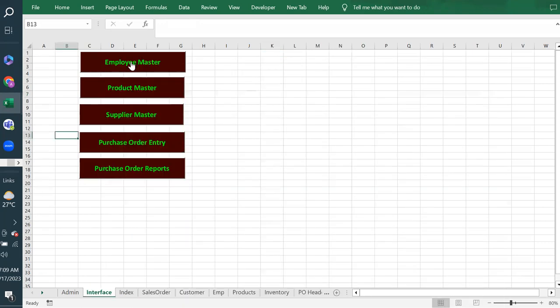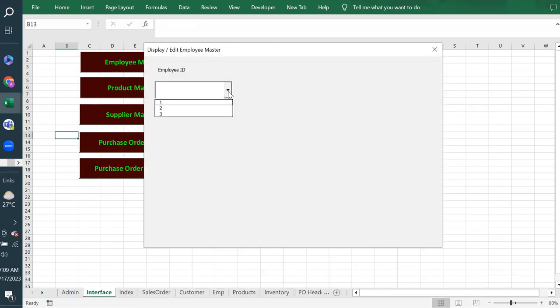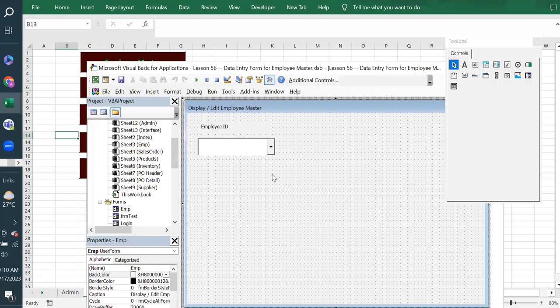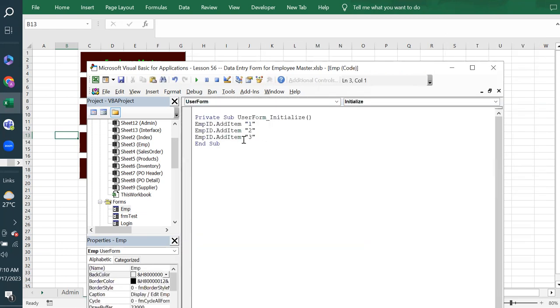Okay, let's click and see. One, two, three. Wonderful. So we understood how we can add items in a drop down. Employee ID drop down within the employee form, and we can add these things as soon as the